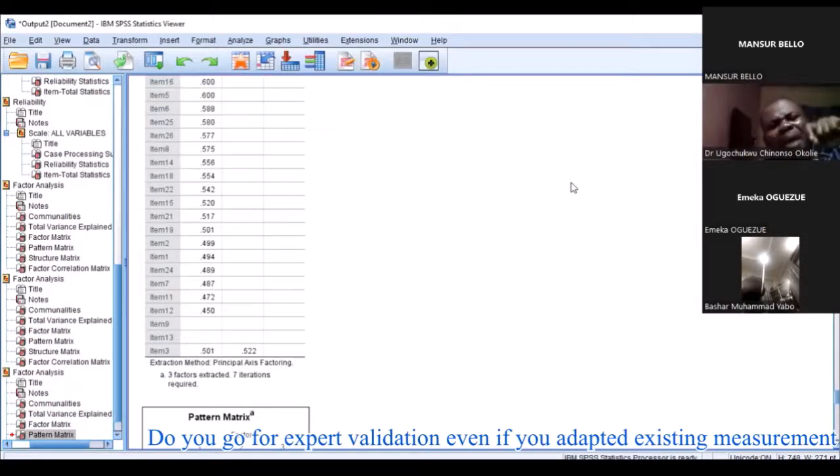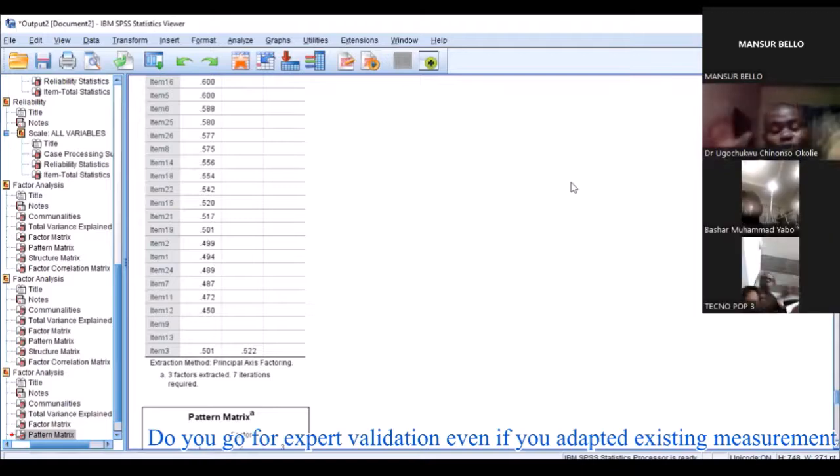Because the paper that has validated that instrument, the authors that have validated the instrument ab initio, have already done the expert validity, criterion, content validity, face validity, all manner of validities that we hear in our institutions. They have been done. And then exploratory factor analysis done. All you need to do is adapt